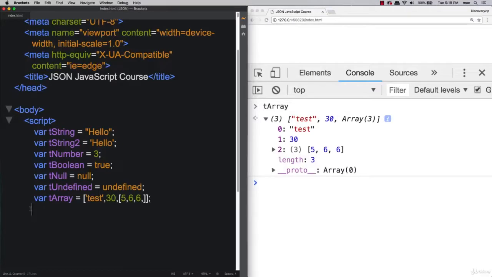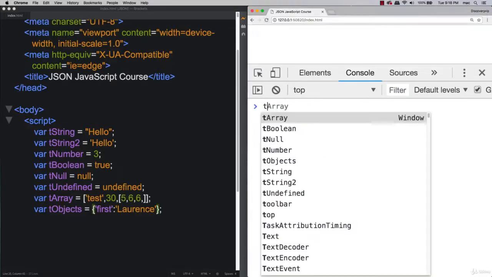Another main way to hold data and hold content is using objects within JavaScript. So objects look like this. They've got the curly brackets. And the difference between objects is that they're written with name value pairs, so every value in here will have a corresponding value to it. I can separate it out with the quotes. So now when I refresh this, tObjects,